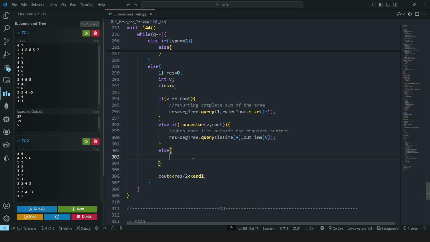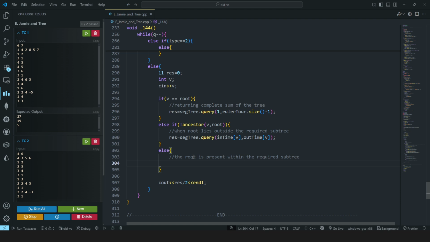But if this is not the case, then it means that the root is present within the required subtree, right? So here I will first calculate the answer for the whole tree, as I have told you in the explanation. That is this, starting from 1 and going all the way till the last index of the Euler 2 array, like this. So it will be result. Once I have calculated the answer for the entire tree, that is the total sum,